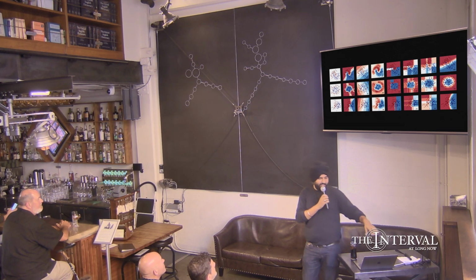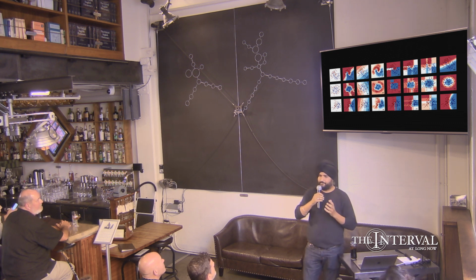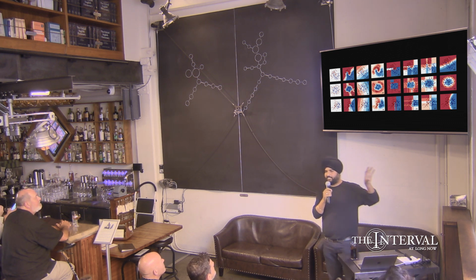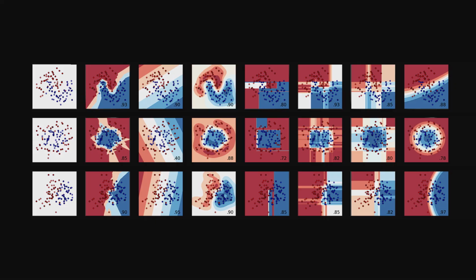So the first data set is these kind of 2 clasping points. Half the points are blue and the other half are red. The shape in the middle has blue points in the middle, and then there's the circle of red points that envelopes that. And then the third shape is basically 2 clusters, red points here and blue points here, kind of like politics, I guess. And what you see in every column thereafter is a particular machine learning algorithm trying to discriminate between the blue points and the red points. Okay? So you see the decision surface of these machine learning algorithms.